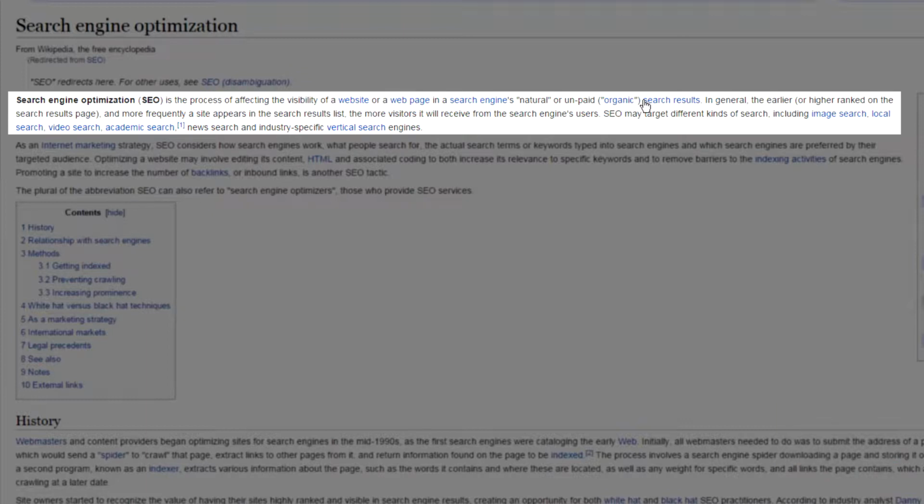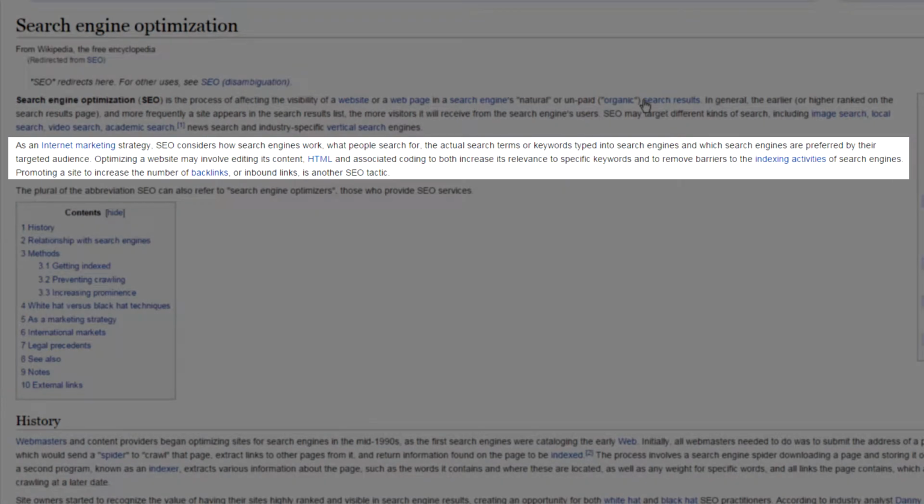SEO may target different kinds of search, including image search, local search, video search, academic search, news search, and industry-specific vertical search engines. As an internet marketing strategy, SEO considers how search engines work, what people search for, the actual search terms or keywords typed into search engines, and which search engines are preferred by their targeted audience.